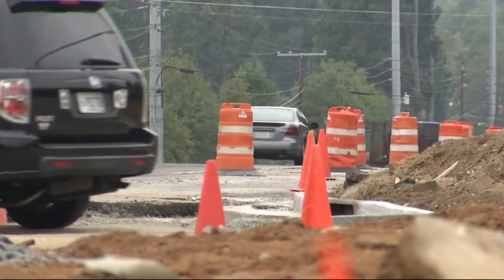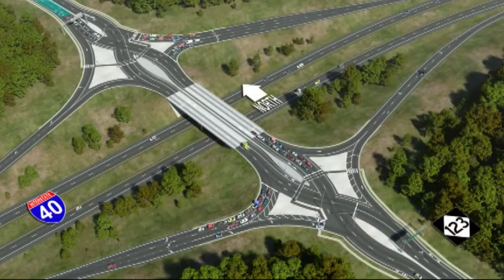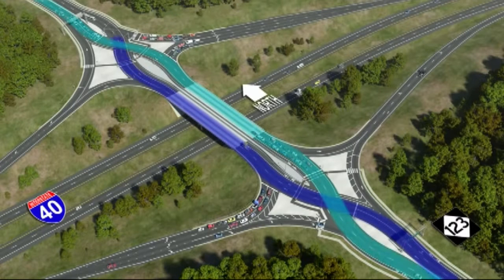Matt Schlochter says they plan to create what's called a diverging diamond. Basically, we switch traffic. We're going to put traffic on the wrong side of the road at I-20 to allow everybody to have a continuous flow. Alpharetta, there's one that's working. I believe North Carolina is starting to implement these things as well. Great idea. It takes up about the same footprint that a regular road does, but allows a lot more turning